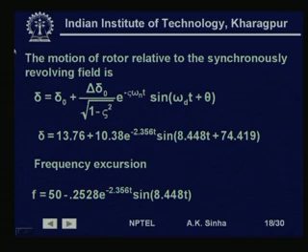So, the motion of the rotor relative to the synchronously rotating field is delta = delta 0 + delta delta. This is the expression that we had seen earlier, and we see delta is equal to 13.76, which is the starting point, plus 10.38 e to the power minus 356 t. Now, this is showing that as time increases, this term is going to reduce, and that shows that the damping is